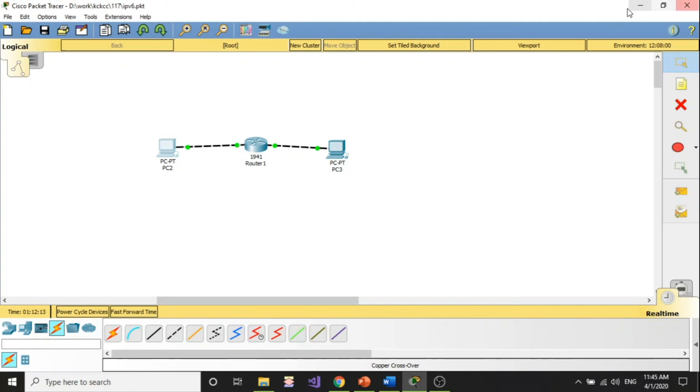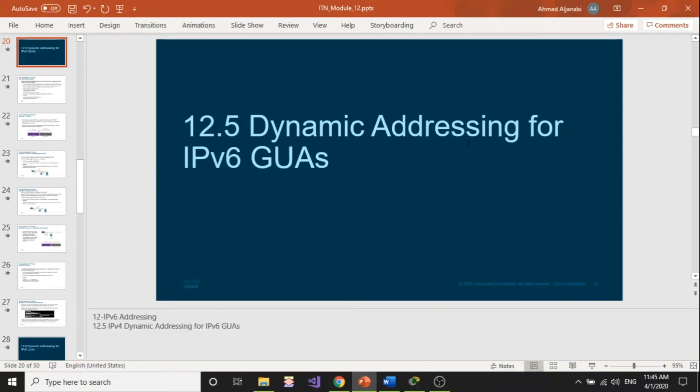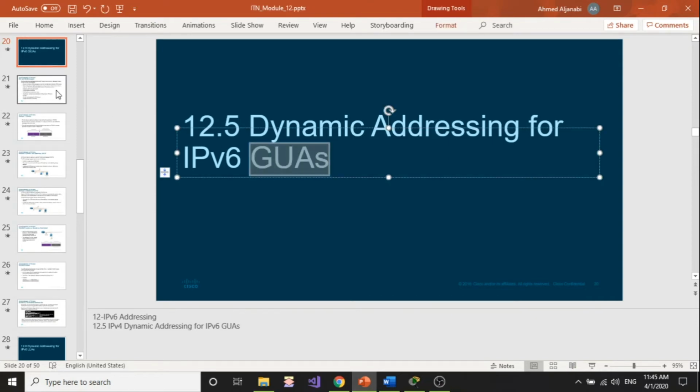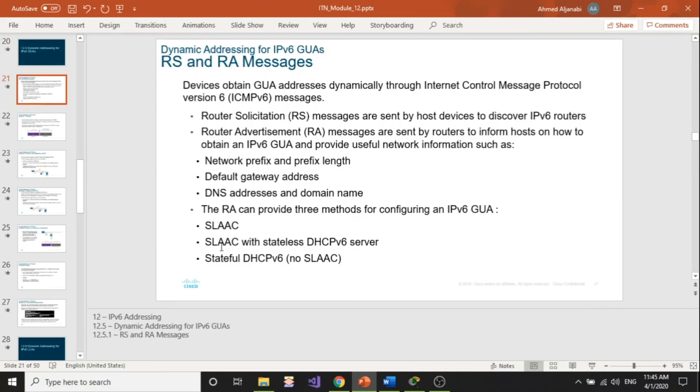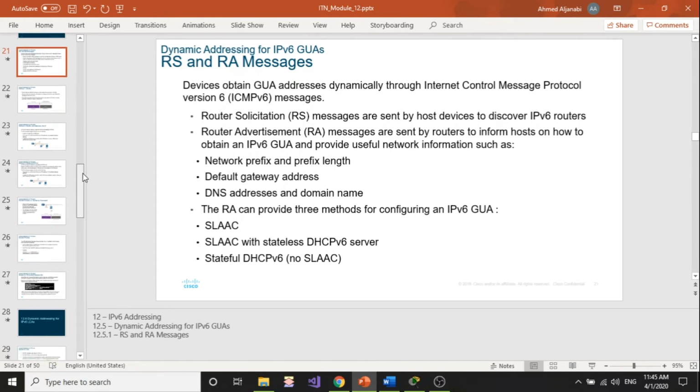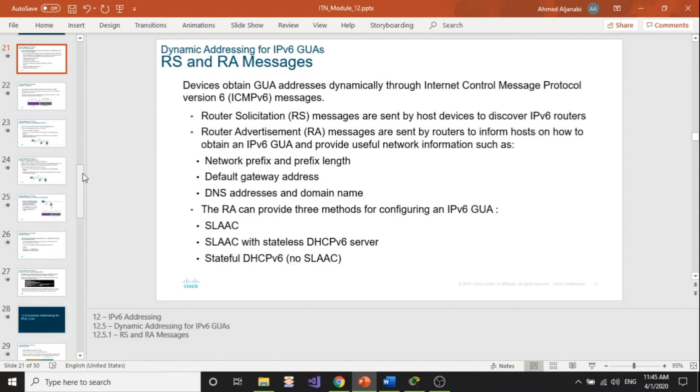So what we usually do is dynamically assign IP addresses to those devices. So how is that possible? How is that working? Well, there's a mechanism that you need to understand. And this part, again, I'm going to be talking a lot. Try to organize your thoughts and work with me here. Number 1,